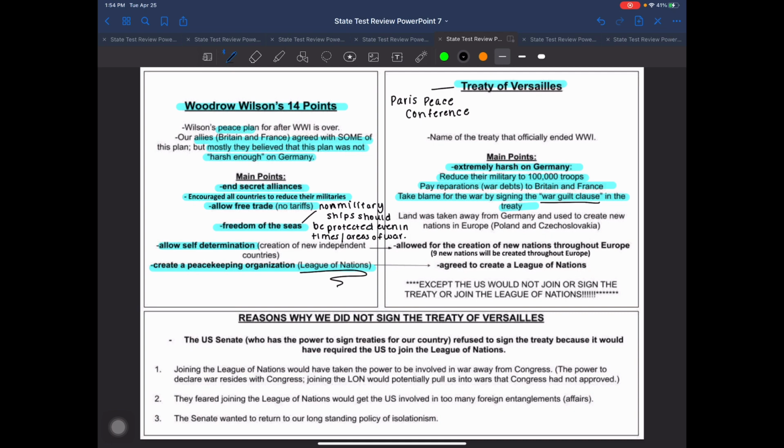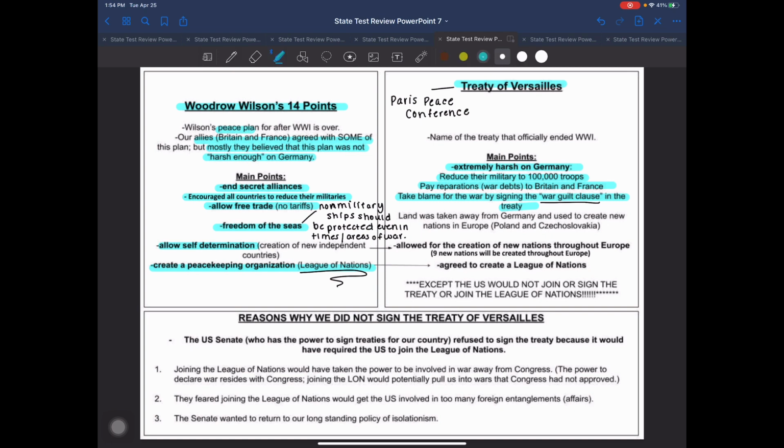So in the treaty, they have to sign a section called the War Guilt Clause, where when they sign the section, they are saying, this whole thing is my fault. This whole war is laid on the shoulders of Germany. And when they signed this part, it made it real easy to enforce that they have to pay reparations and reduce their military. They have signed confessing that this is all their fault.